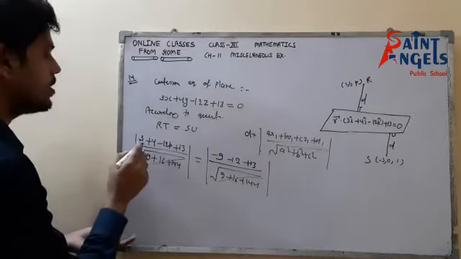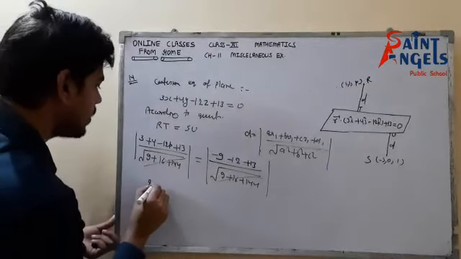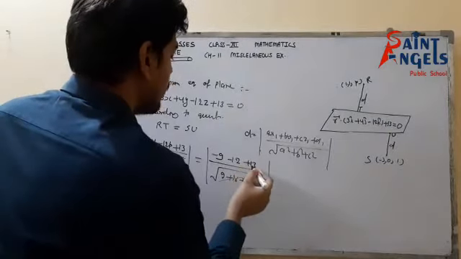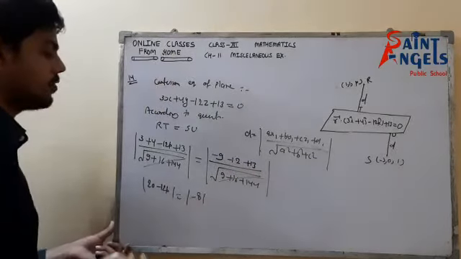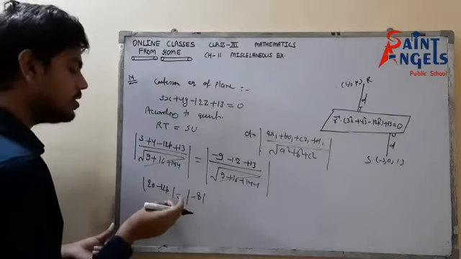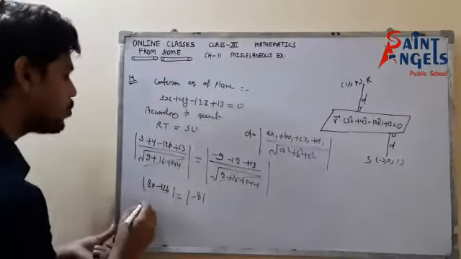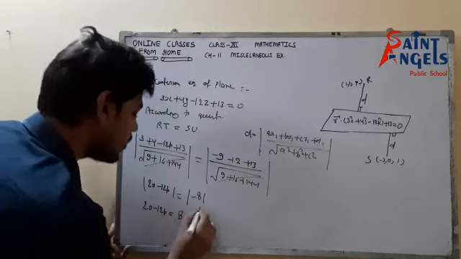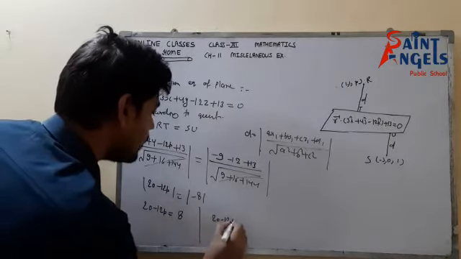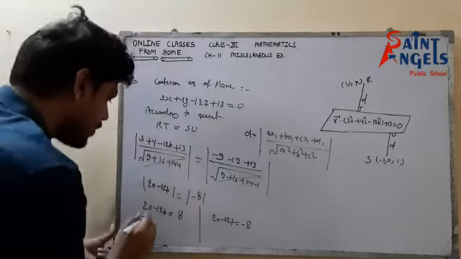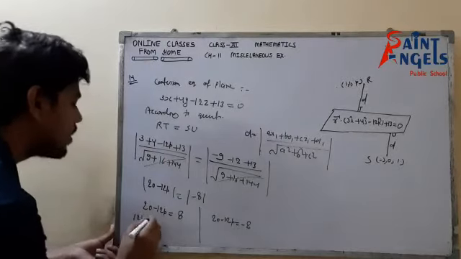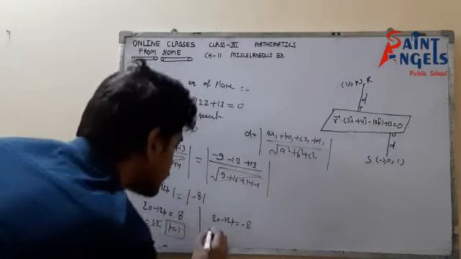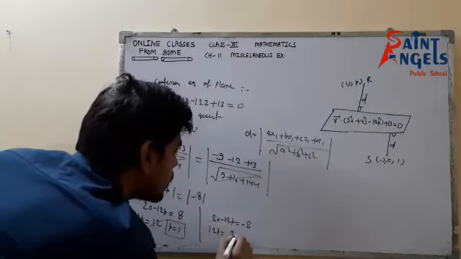Okay. Now this is 7 plus 30, 20 minus 12p equals to, that is 1, that is minus 8. Okay, so now since these are modulus quantity inside, it could be positive or negative. So we have two cases, either 20 minus 12p equals to 8 or 20 minus 12p equals to minus 8. So from here 12p equals to 12. So either p equals to 1 is the one solution, or it could be 12p equals to 28.